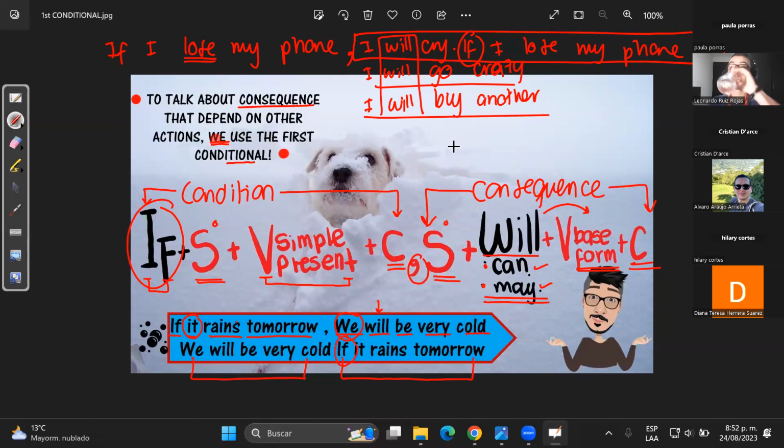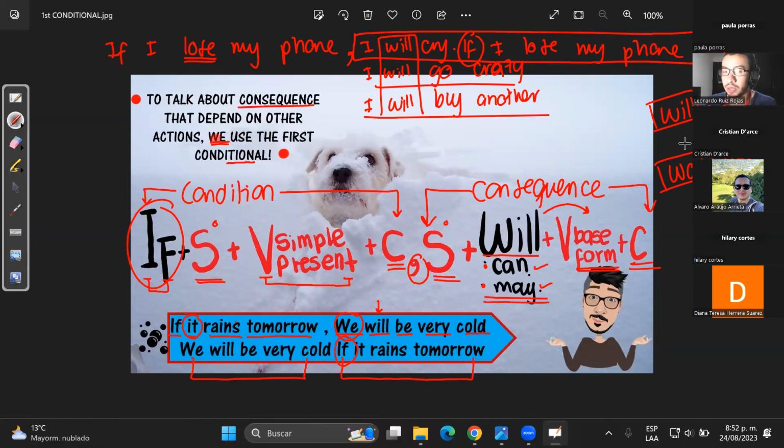Teacher, una pregunta. Es que no recuerdo la diferencia entre will y would. Bueno, will es para algo que posiblemente sí va a pasar en el futuro, es una predicción. Would es algo que podría pasar, que pasaría en cierta situación. De hecho, will se usa para el primer condicional y would se usa para el segundo condicional, pero eso es un tema de la semana 11 más o menos de este nivel.